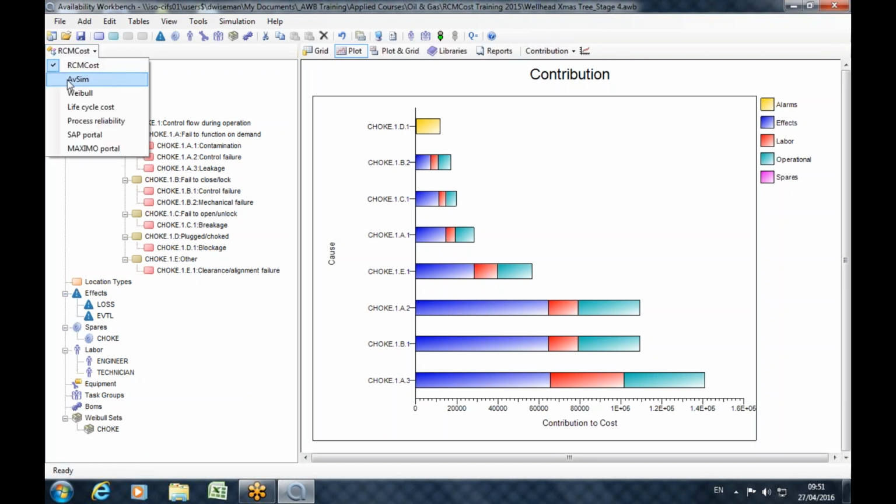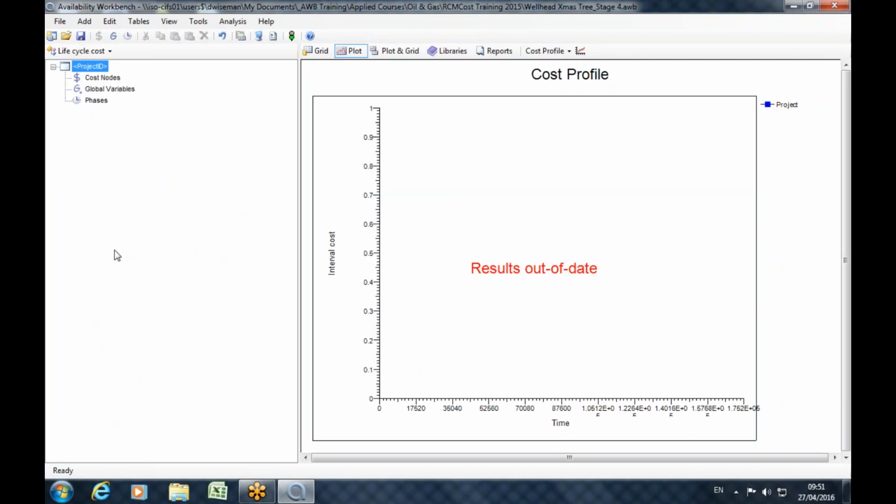So I guess if we've looked at RCM previously, then maybe we'll take a look at Lifecycle Cost. Lifecycle Cost is actually a relatively simple module. There's not a lot that you need to see here really. It's basically what this module does is it allows you to perform